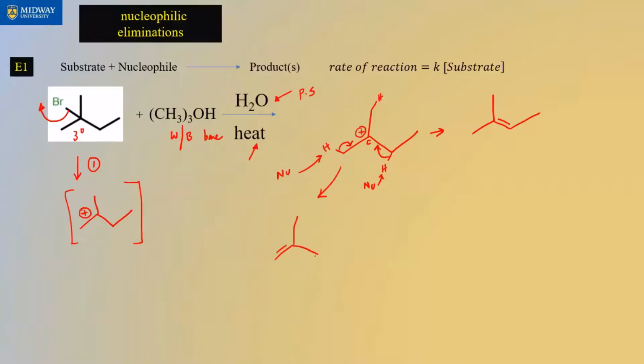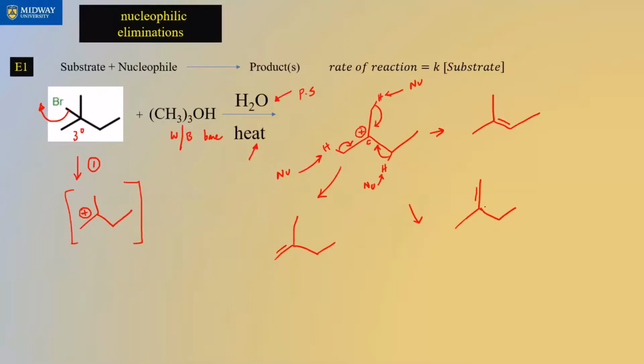Basically, a double bond coming in is a negative charge, which neutralizes the positive charge. Or I'm going to say that the nucleophile attacks this hydrogen, and the bond comes in, and so you will have the third product as this,